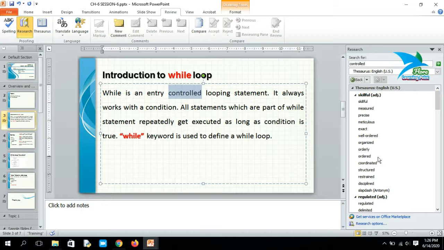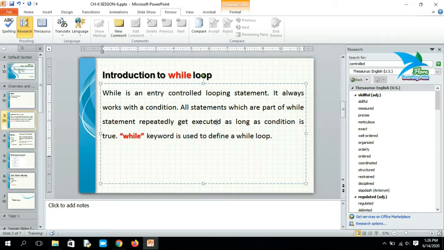Now, when you click thesaurus, a research dialog box will open on the right side of the window, and here we have the synonyms of this word controlled. These are the synonyms.